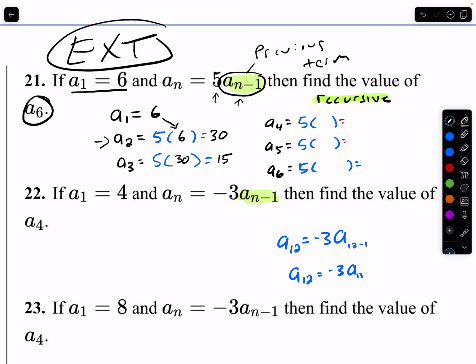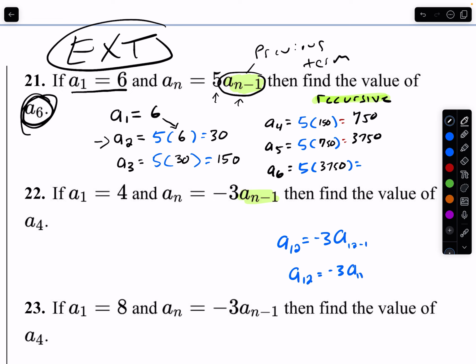And if I wanted to find the fourth term, I would take 5 times 150 this time, because it's the third term. So 5 times 150 gives me 750. I use the previous term to generate the next. And then 5 times 750 is going to be 3,750. And then if I want to find the sixth term, which is what I'm looking for, I would take 5 times